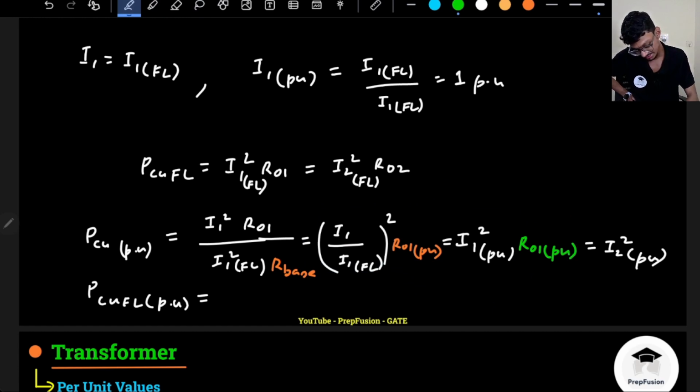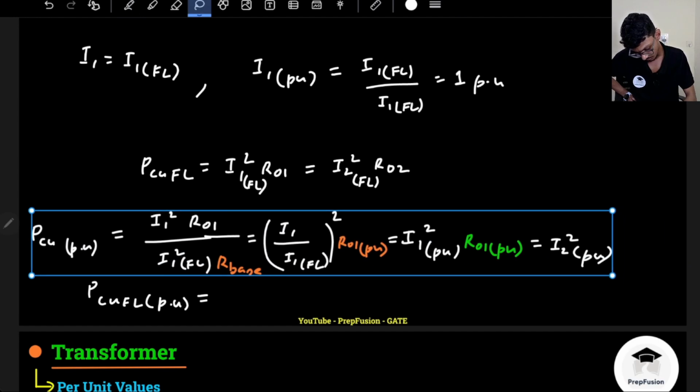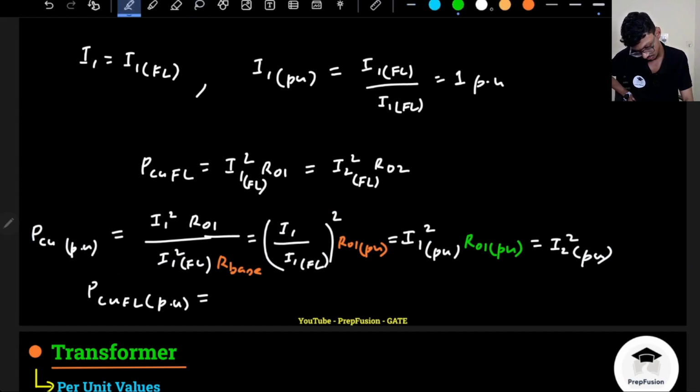R1 PU also will be there, and this will be same for the secondary as well. So this will be RO2 PU basically. Okay, I made a mistake there, sorry. RO2 PU. Now the interesting fact is, if it is full load, that means